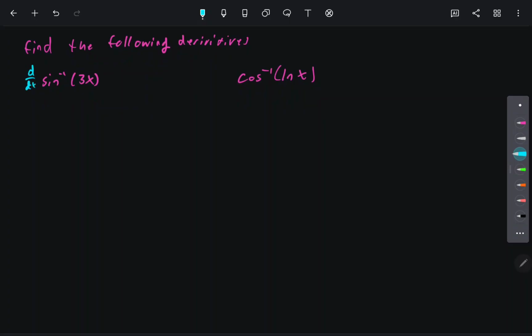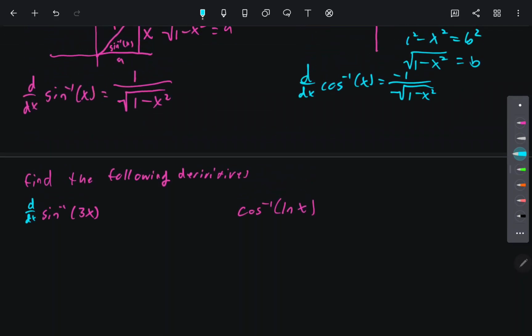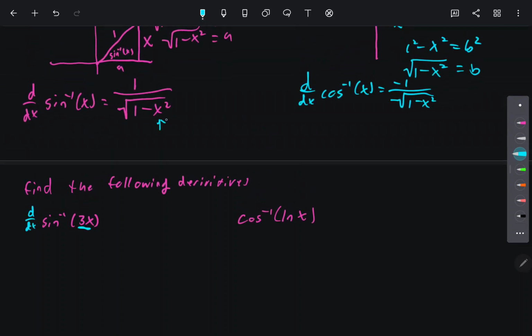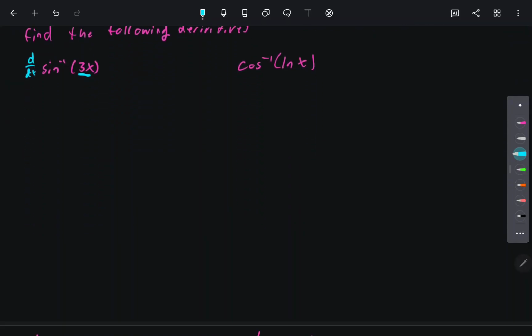We want to find the derivative of sine inverse of 3x. Well, that's actually really easy for us, isn't it? We know that the derivative of sine inverse of x is 1 over the square root of 1 minus x squared. We have to remember that this argument here is going to be, in theory, our x that we're thinking of, though. So what this is going to look like is we are going to get 1 over the square root of 1 minus (3x) squared